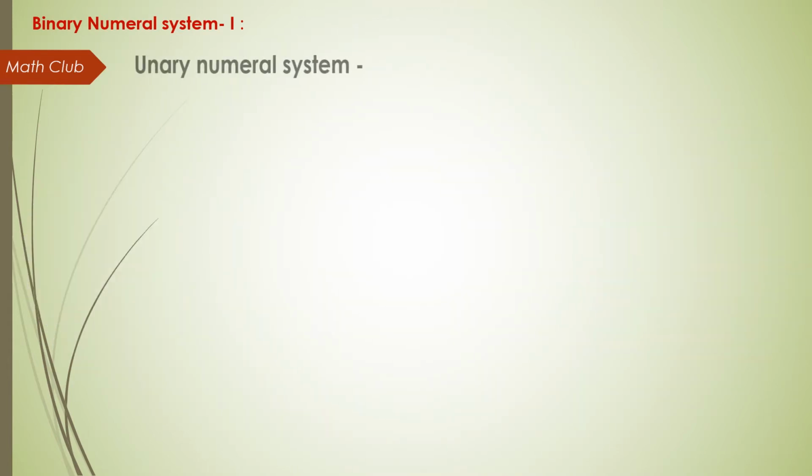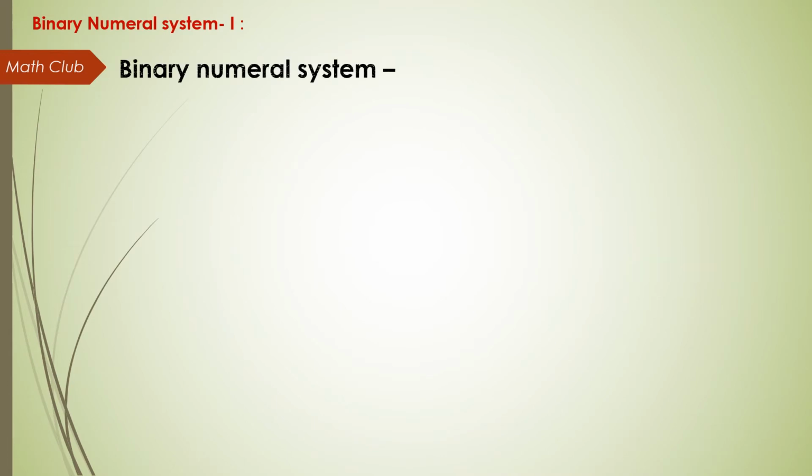Unary numeral system. It is the simplest numeral system, in which every natural number is represented by using the symbol 1. For example, 1, 1, 1 will represent the integer 3. Use of tally marks is an application of the unary system in which the Latin letter I is used instead of 1. For example, the natural number 7 is represented as